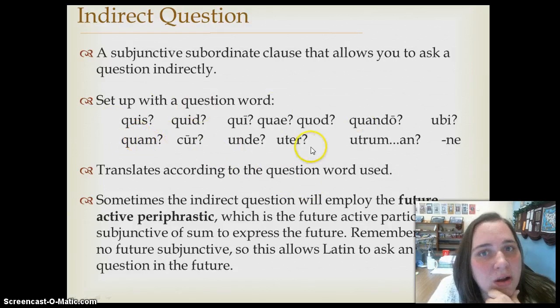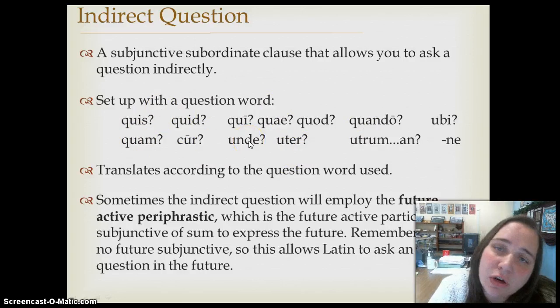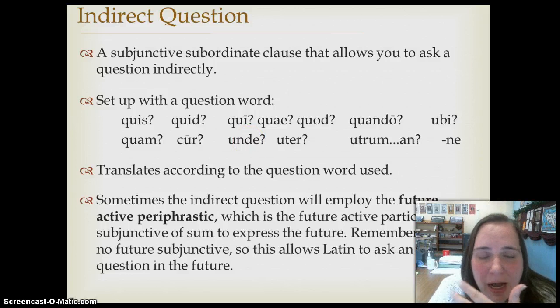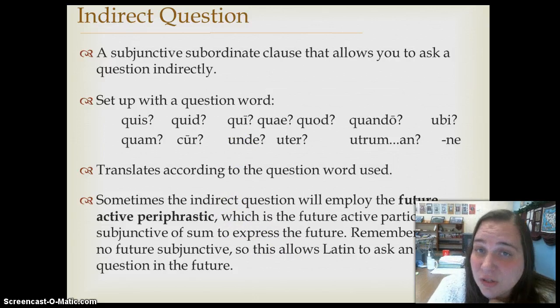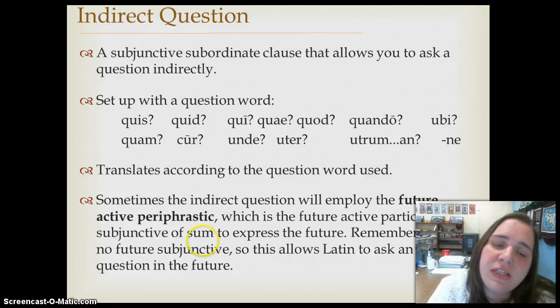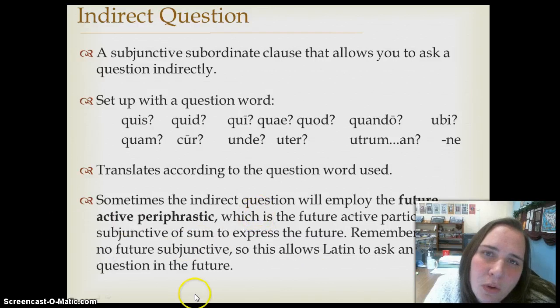These are indirect questions set up by the question word having the verb in the subjunctive mood. There you go. Now, sometimes the indirect question has to be able to ask a question in the future, but of course, there's no such thing as a future subjunctive. So, indirect questions will sometimes employ this